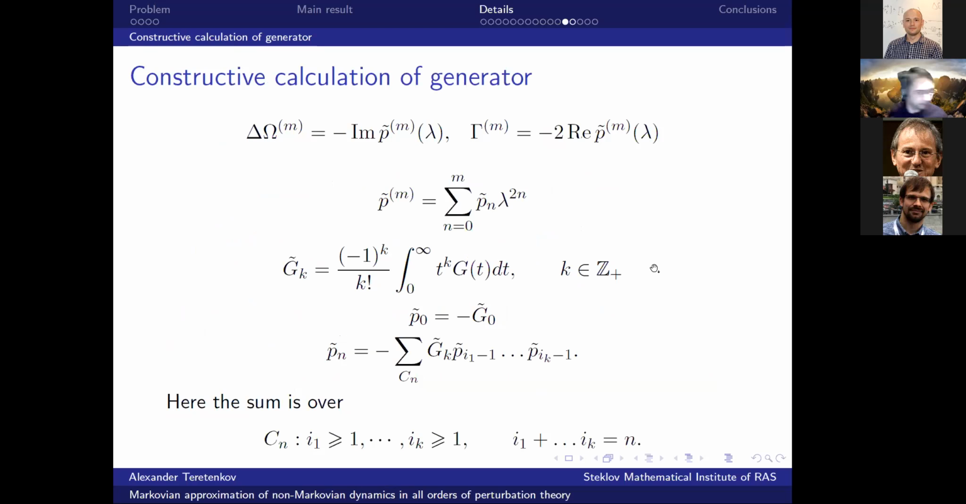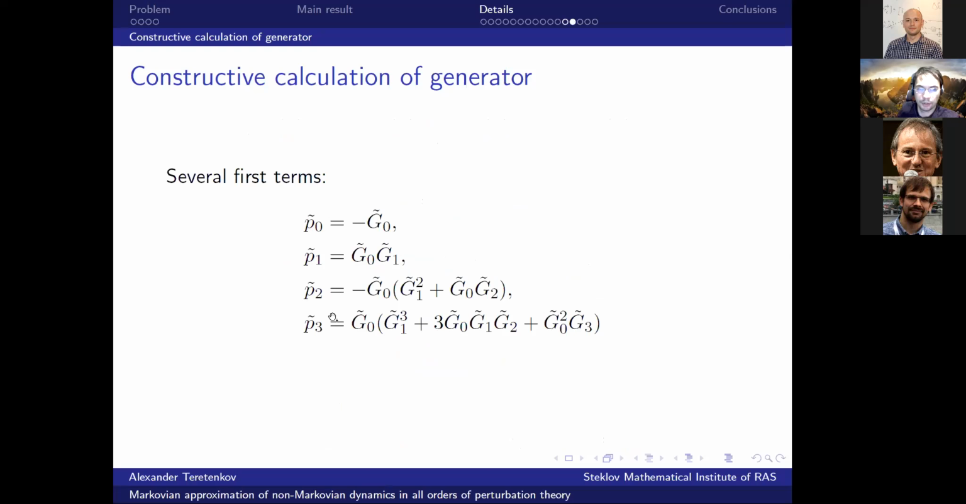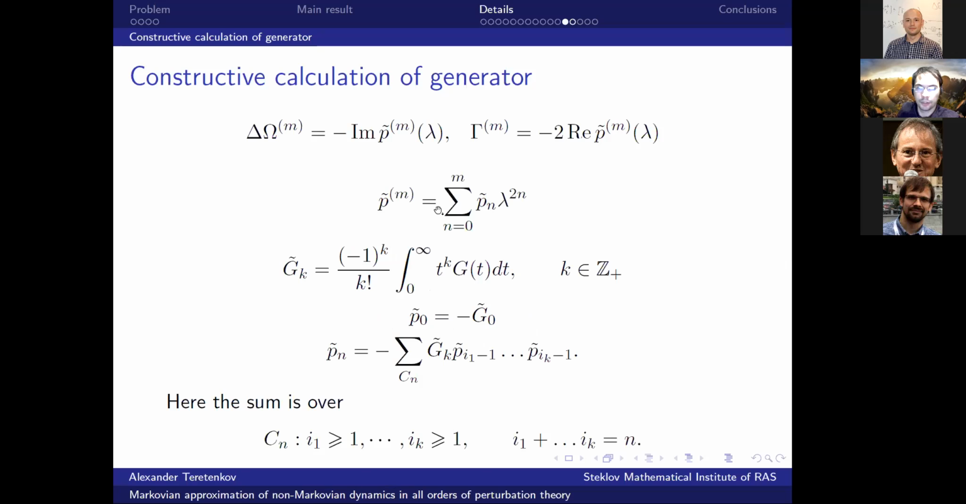Well, maybe I have to say a few words about explicit determination of these coefficients here. Here it is just to understand that they could be calculated explicitly in terms of moments of the bath correlation functions, and this is why we need the existence of these moments. So it is just an explicit formula for them, and it is possible to write down, for example, the first several coefficients, which I call P0, 1, 2, and 3. If you want to define from them the omegas and gammas, you just have to take the imaginary and real part of